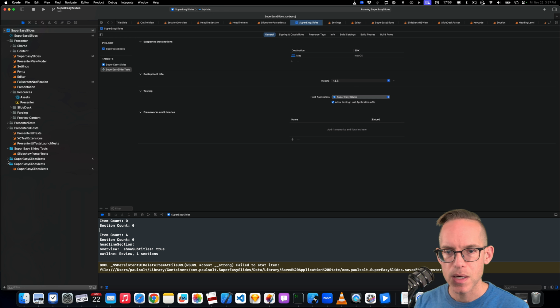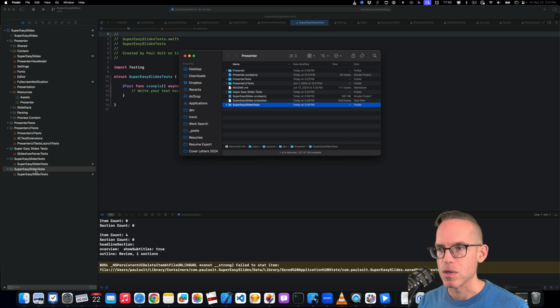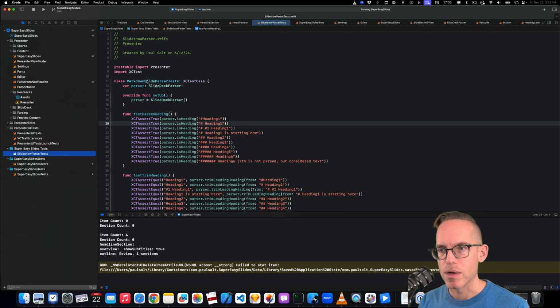So it runs, I think, a unit test, maybe not. There may or may not be any unit tests in this bundle. I'm not sure. And now I have, in trying to fix this, a few different test bundles. So I'm not sure which one is which anymore. It's weird that I have several with the same name. Or are they referencing the same files? I'm not sure. So the actual tests that I want to run are right here. And so if I just drag those down to this new one,